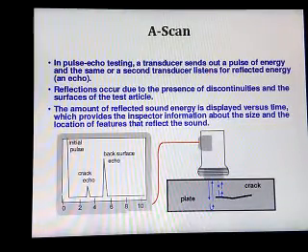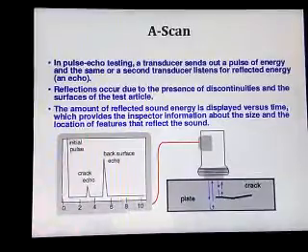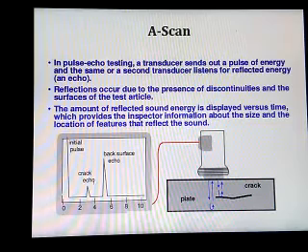Here, this is the initial pulse, the transmitted pulse. This is the back surface echo from the other surface where there is no defect in the path. If there is a defect in the path, then the crack echo is represented in this way. Such a type of representation is also known as A scan. This is A scan with the defect, and we have already seen A scan without defect.